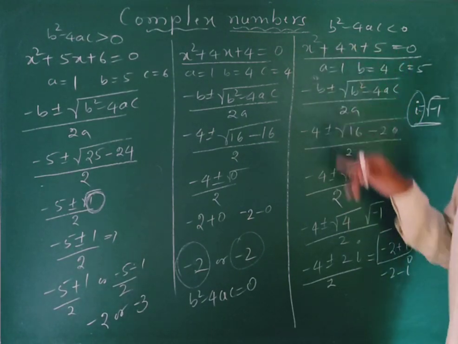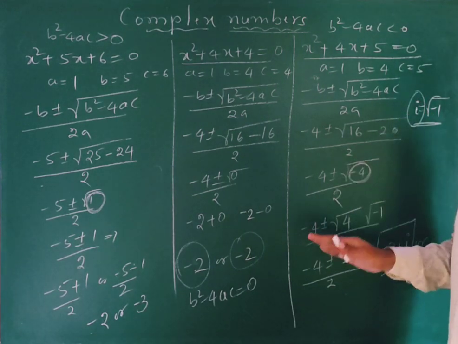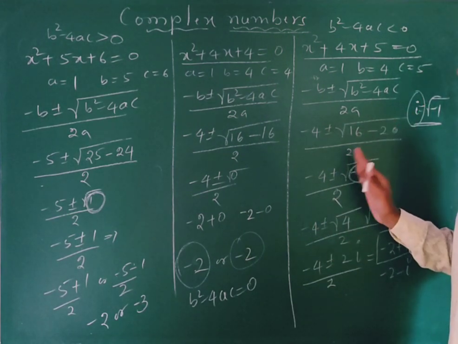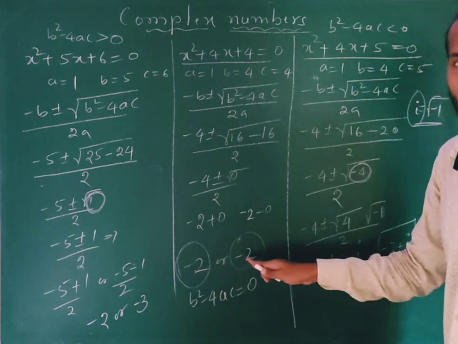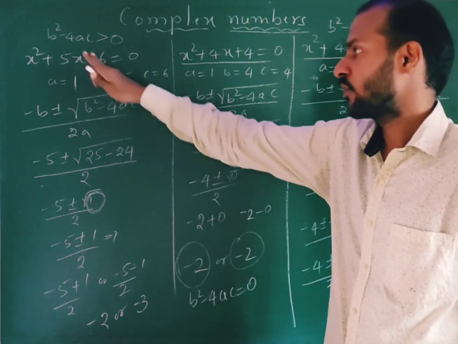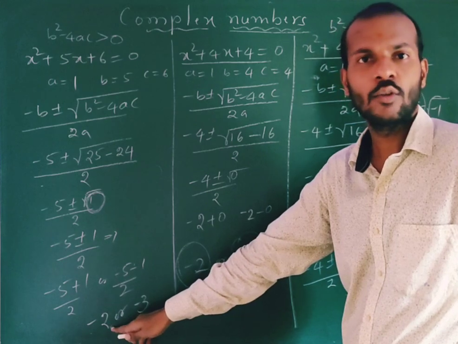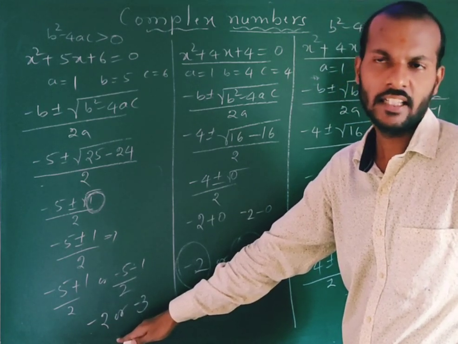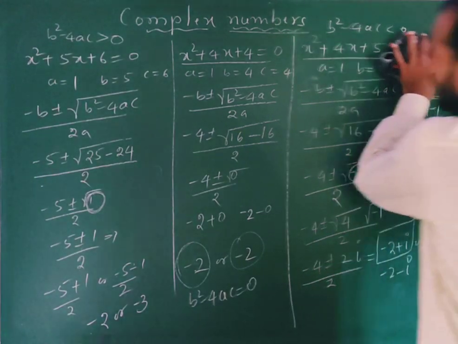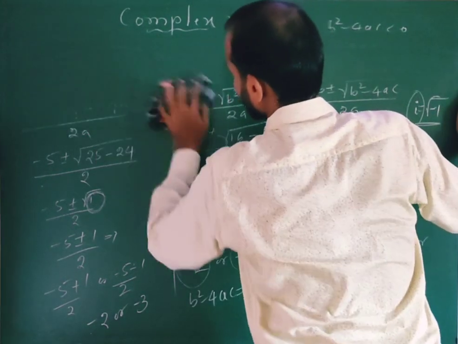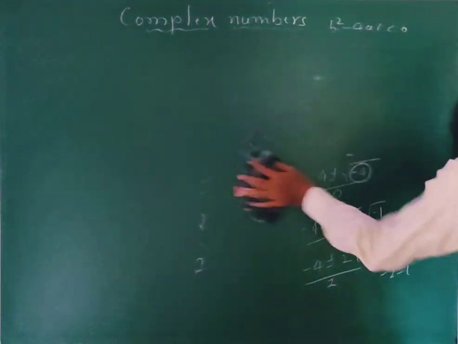With the help of the quadratic equation, when b square minus 4ac is less than 0, we come across complex numbers. When b square minus 4ac is equal to 0, then we get two real and equal roots, whereas when b square minus 4ac is greater than 0, then we come across real and distinct roots, right? Now we'll see the exact definition of a complex number. How to define a complex number, right?